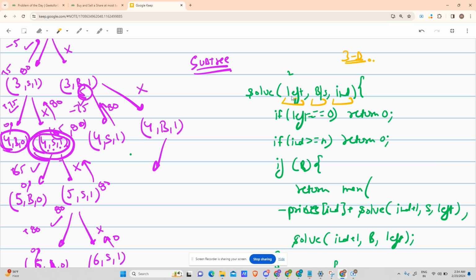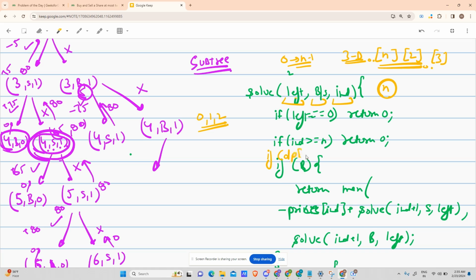Okay. Now, what are the dimensions of this? Let us say these are the dimensions. N is the size of the array, right? So my index is going from 0 up till n minus 1, because for n I am returning 0. So it will be of n. My mode is only 2, so change it to 2. My left can be 0, 1, 2. So change it to 3, because 3 will include all three values 0, 1, and 2. Right? So this will be the size of the DP array, and then you can easily